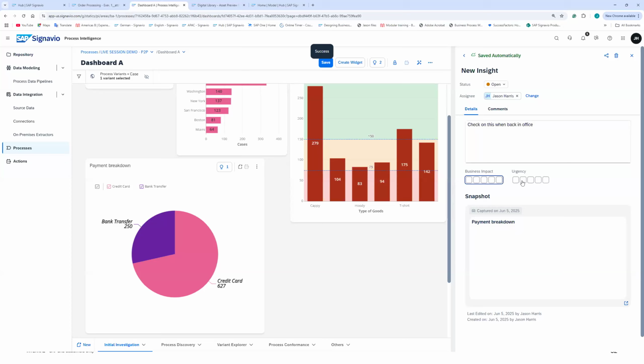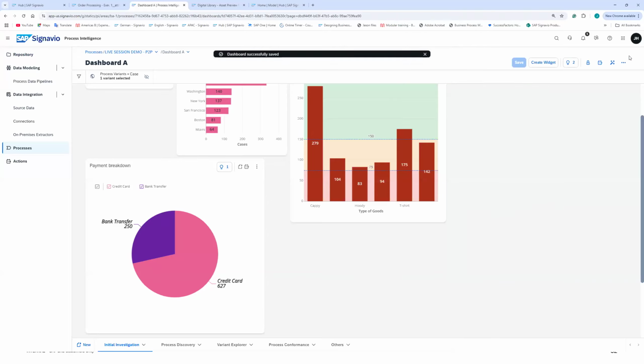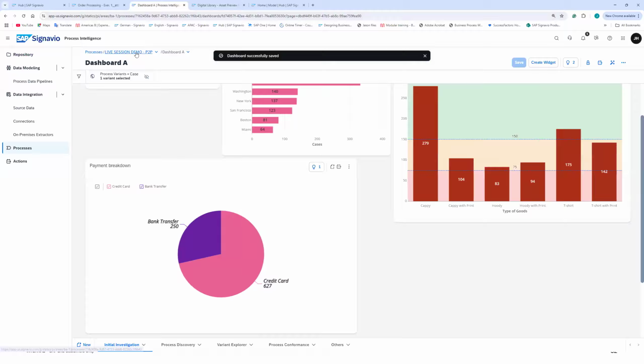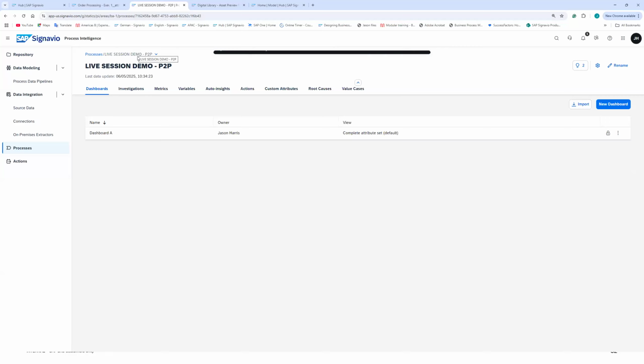Okay, once again, say this business impact, say 3. And let's say I've got this one in progress. Okay, so we're going to save it again. Now I go back out and I can look at